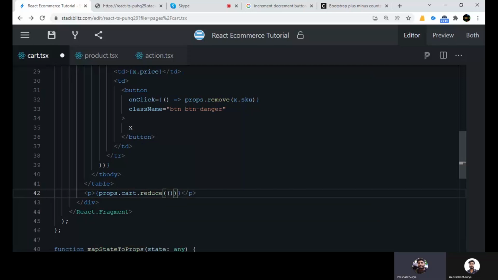Okay, so you have a callback function here, and you should get the accumulator now, and another will be the cart product. Okay, so what you have to do is to return with the sum value. Okay, so what does the reduce basically do? It's basically combine all the, I mean,